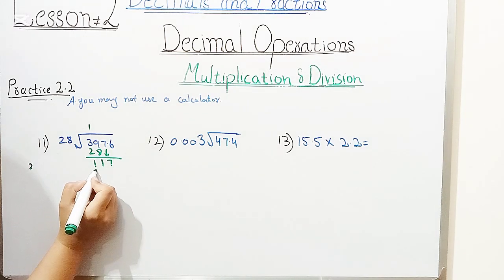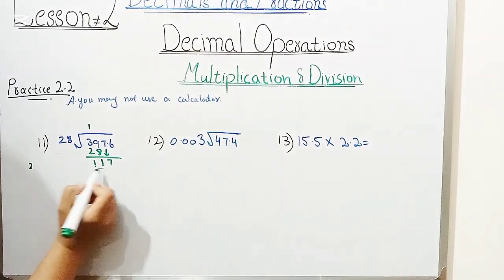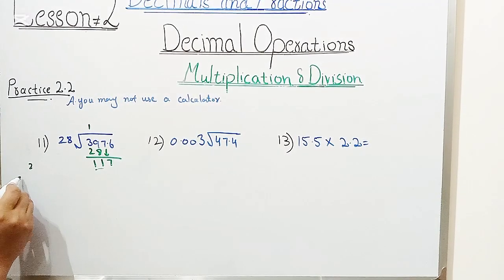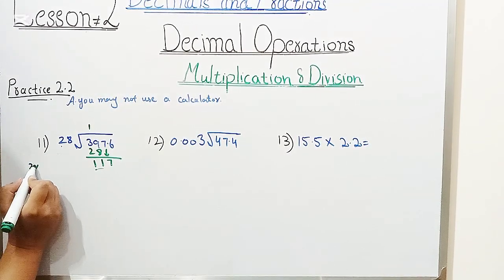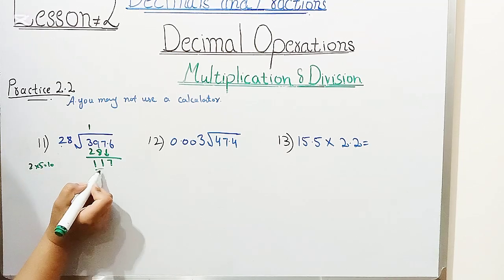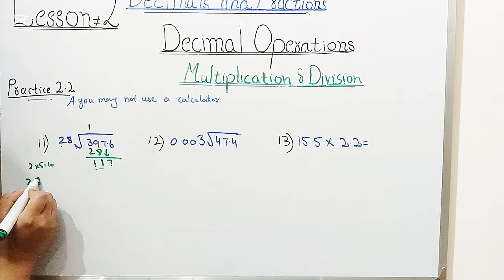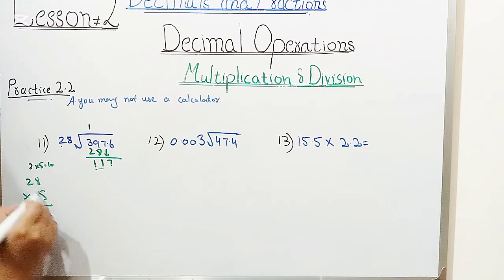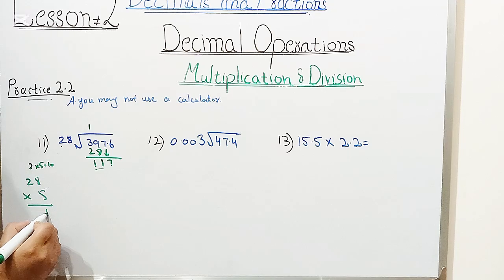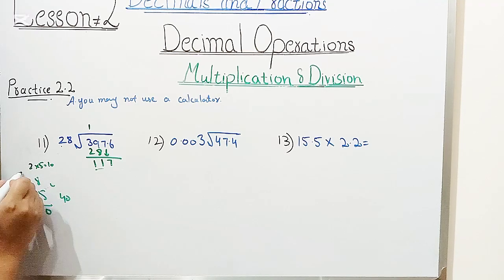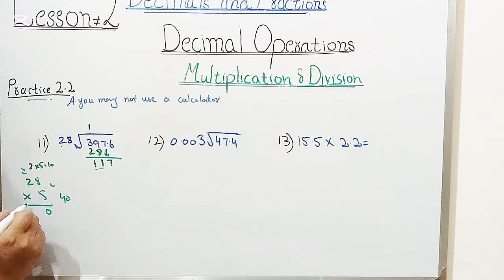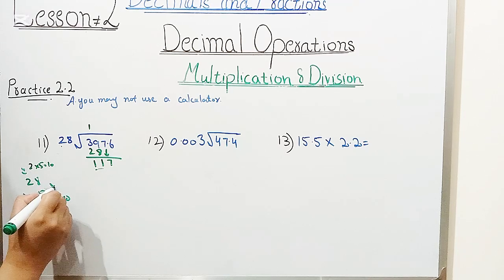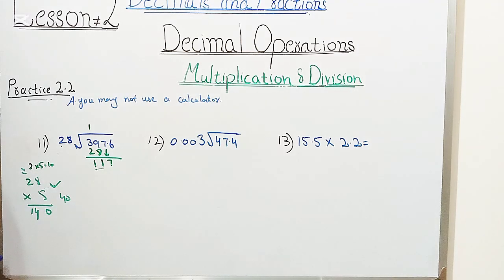Now I will only note 1 is smaller than 2. Then I will see the 2 as 11. 2 5s are 10, 2 5s are 10. So it will be lower than 11. Then I will multiply 28 by 5. 8 5s are 40. Carry 4 to the next value. 5 2s are 10 plus 4 is 14. So it will become a larger value. Then it will be lower. Then I will multiply 28 by 4.